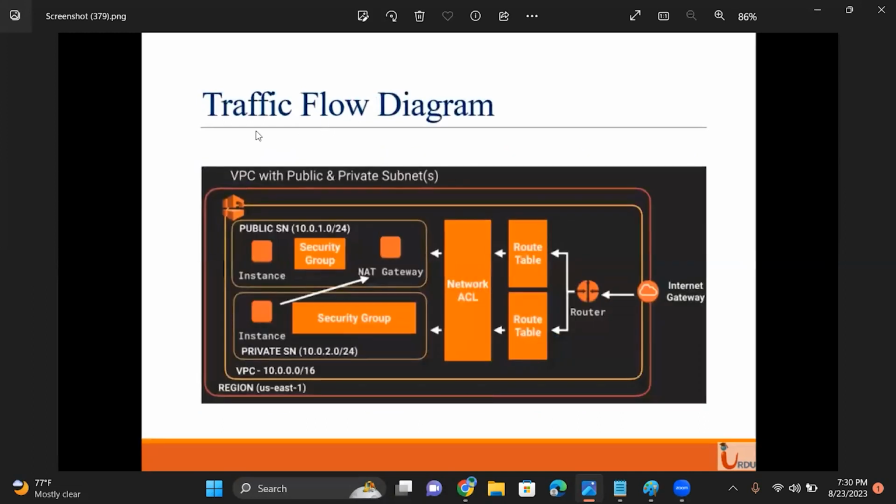Traffic diagram over here. VPC with public and private subnet. Public and private, we have two subnets. Okay, guys. So in the subnet I was talking about, we have route tables, we have network ACLs, and we have security groups also. So where they align and where they lie. Security group gives you the closest security because they are applied on your